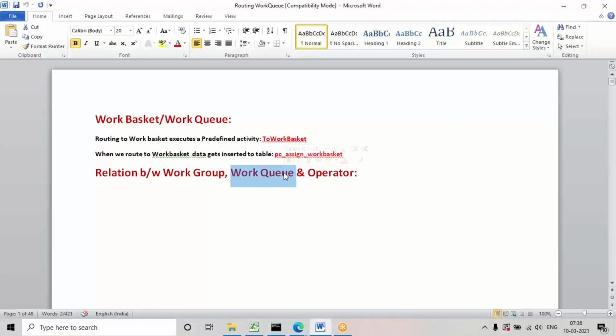For laptops there is a separate team. For server related issues, a separate team will be there. So whatever the issue type is, accordingly the task will be transferred to the specific team, and from that team, one person will assist you and resolve the issue. Like that, at any team level, if you want to transfer the task, we have to go for this concept called work queue or work basket.